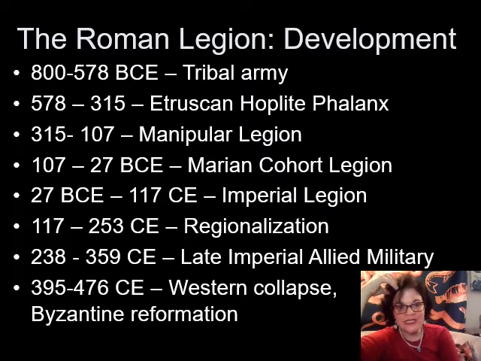395 to 476 is a convenient pause point more than the end of all things. We tend to talk about the collapse of the Roman Empire as if it's this cataclysmic, horrible disaster that's the end of everything. And historians have backed away from this in large part. What happens is that the political structure of the unified Western Empire becomes unsustainable. That is, due to many factors, including pandemics, crop failures, and difficulties with communication and the maintenance of order, it became